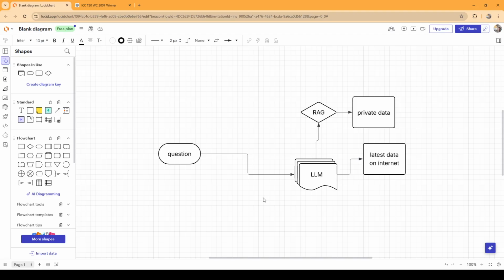So RAG is a process where the LLM has access to some private data, and based on the context it searches for the answer, then adds it with its own result and gives you the response. So the full form is retrieval augmented generation, which adds a capability to the LLM to search in this private data.